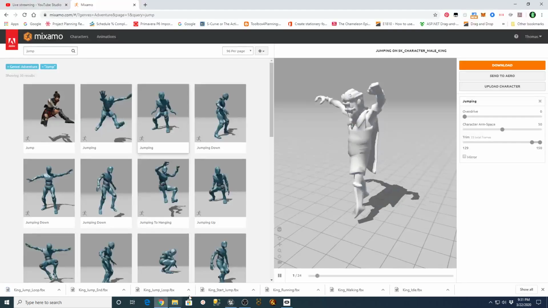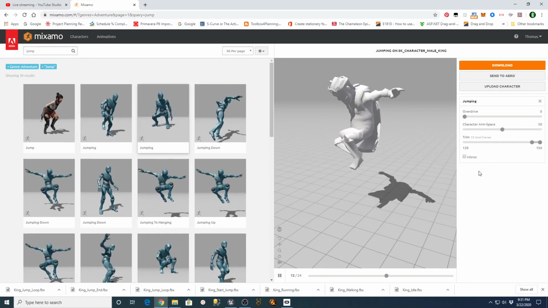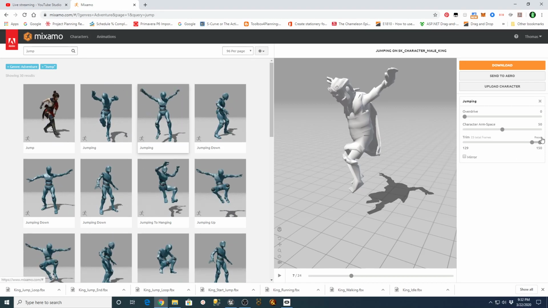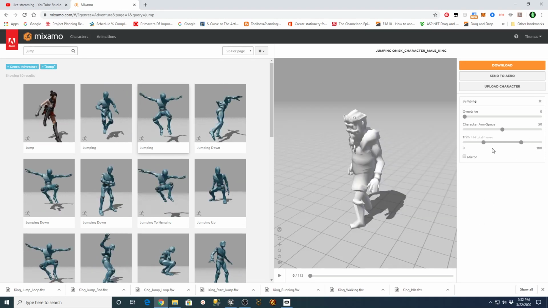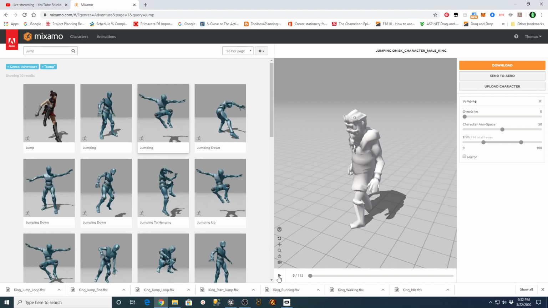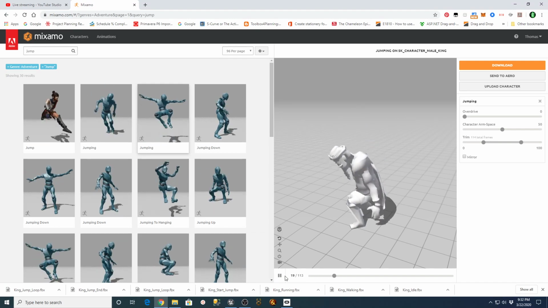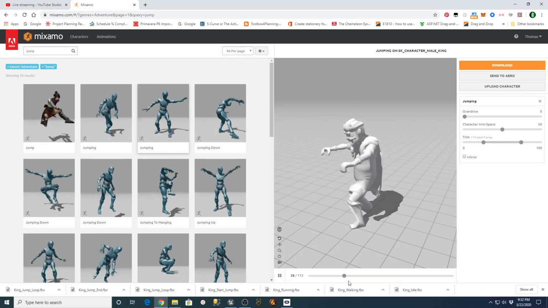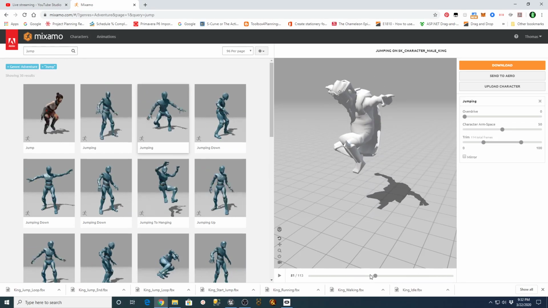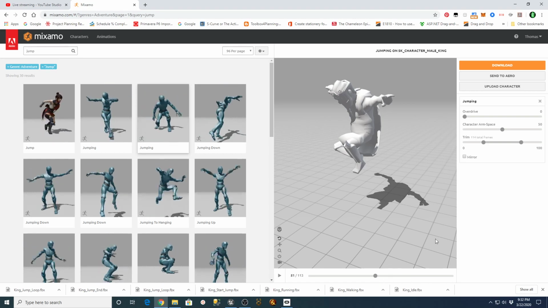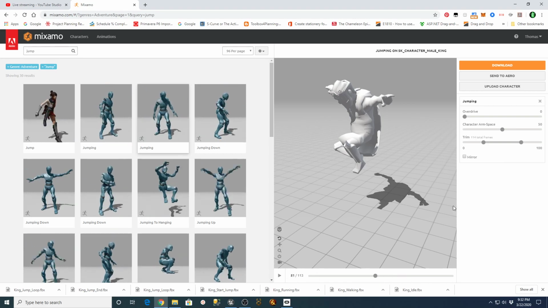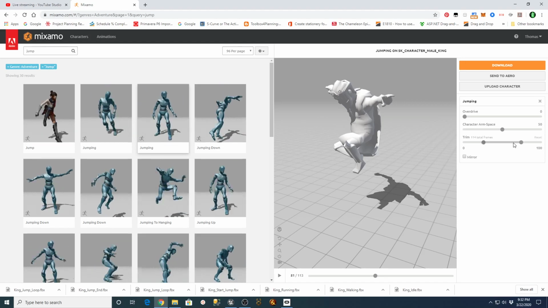Let's go back over here and see if we can get a better jump start. Reset this back to the beginning. Let's see, that's frame 51 of 113.